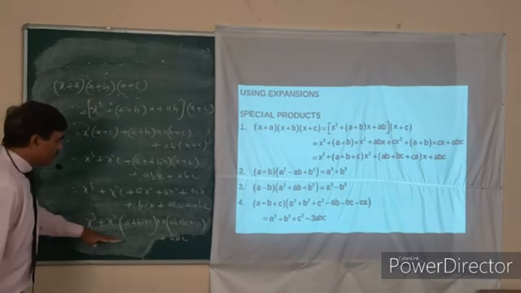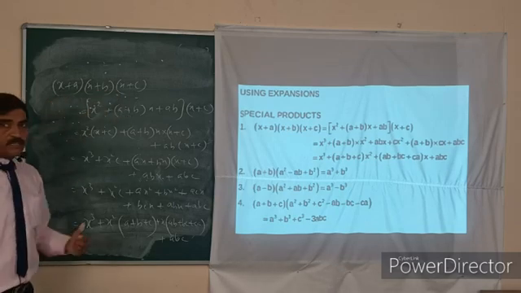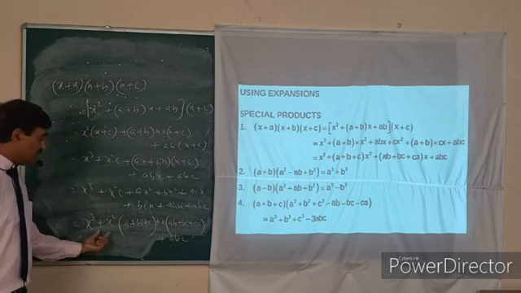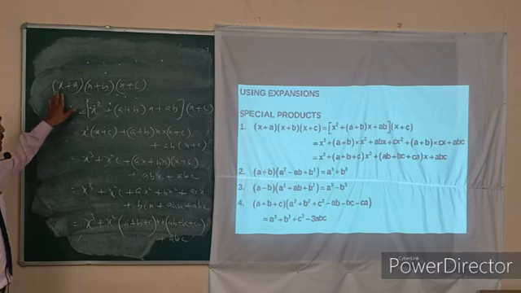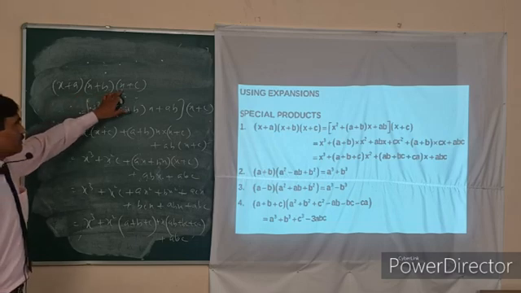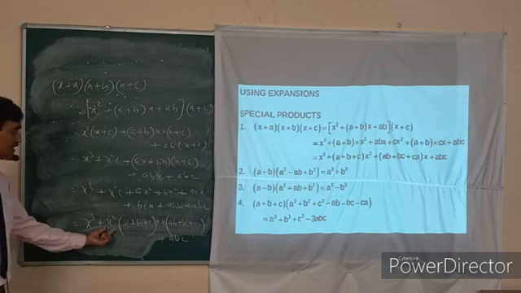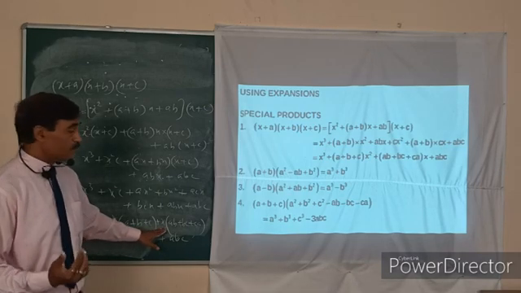Now suppose if you remember this, since the 3 terms are multiplied, it means x is multiplied 3 times. So the maximum power of x you'll get is x cube, then decreasing in order, x square, then x, then no term of x. So x cube, because the coefficient of x is 1 in every term, and then x square multiplied by A plus B plus C, then x multiplied by AB plus BC plus CA,